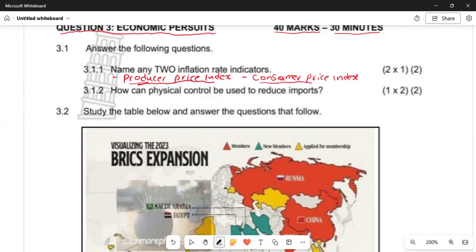But with the consumer price index, it measures the average change in prices of goods and services bought by households. So it shows how much consumers pay in shops for services. Let's make an example of bread. If bread, transport fares and electricity prices rise, it means the consumer price index will increase, showing higher inflation. That is that. Now let us move on to